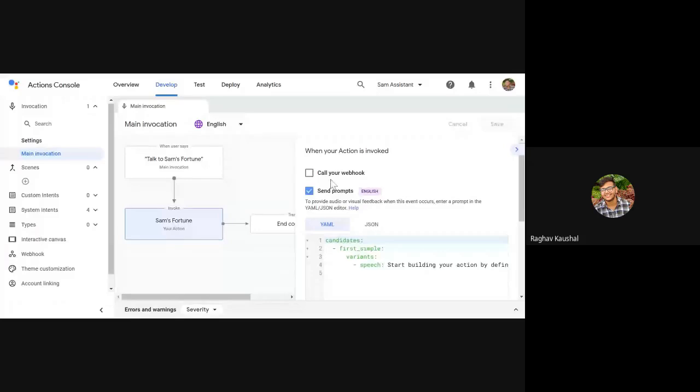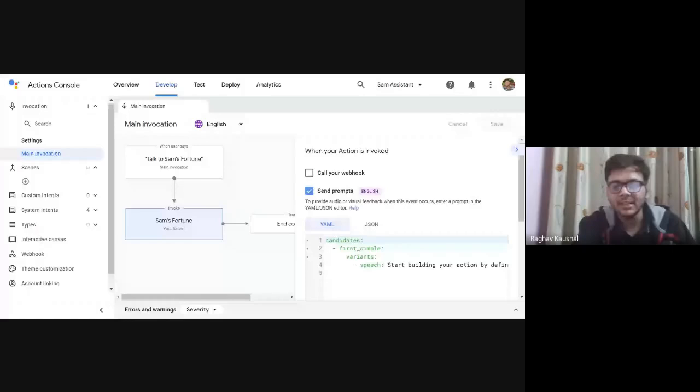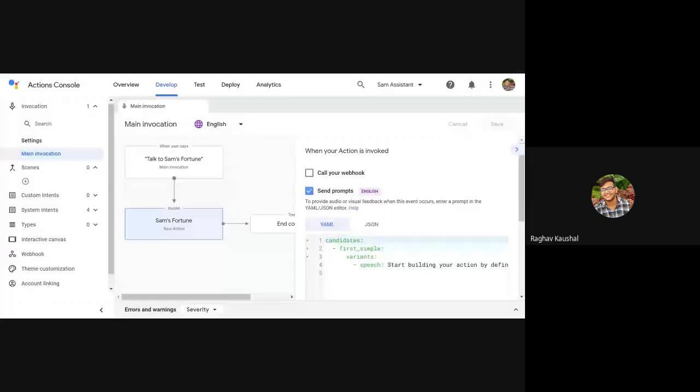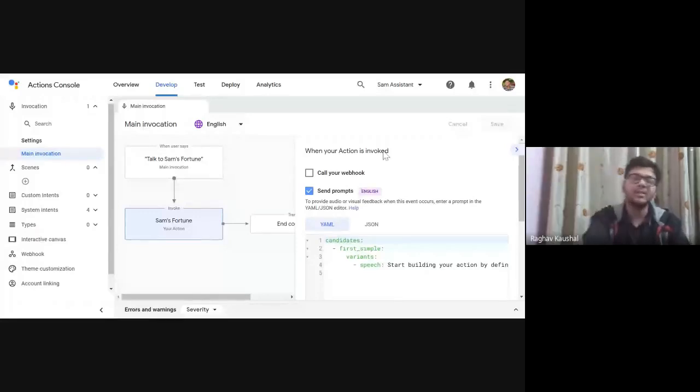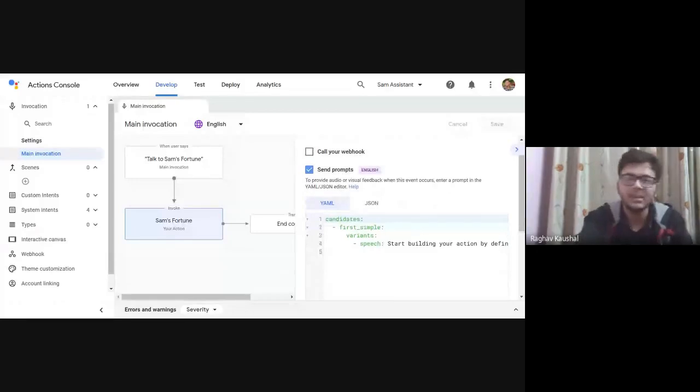Webhook is something where you can actually make a dynamic call to a web service. Like you can also use a client library and all that. It comes under dynamic stuff. We won't be doing it here because for webhook you should know JavaScript, which is a programming language. You need pretty basic knowledge of JavaScript for calling a webhook. So we won't be doing it, or maybe if we finish in time, I'll show you one example of webhook in the end.